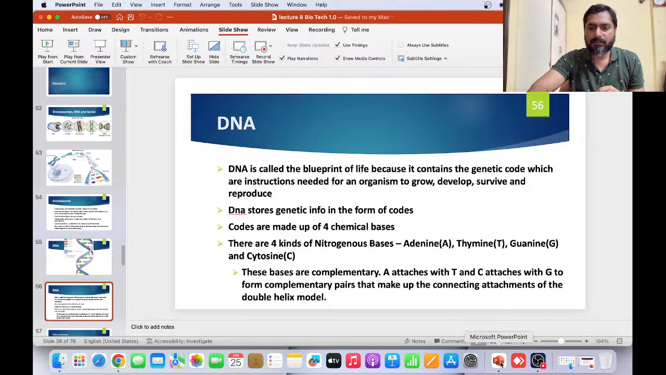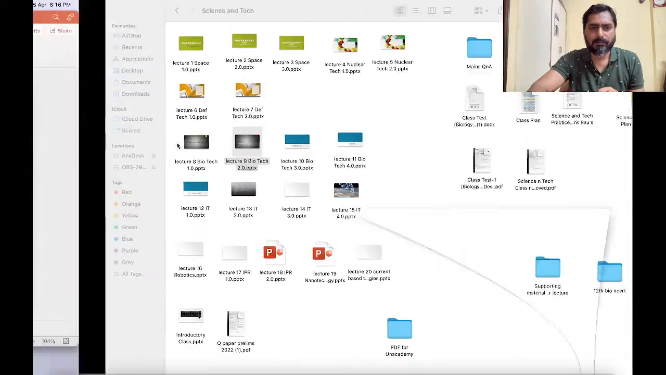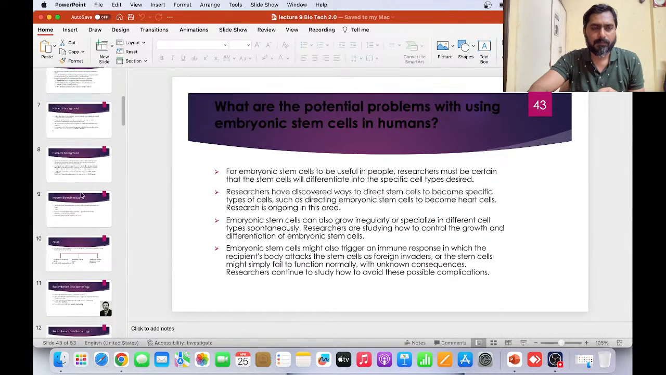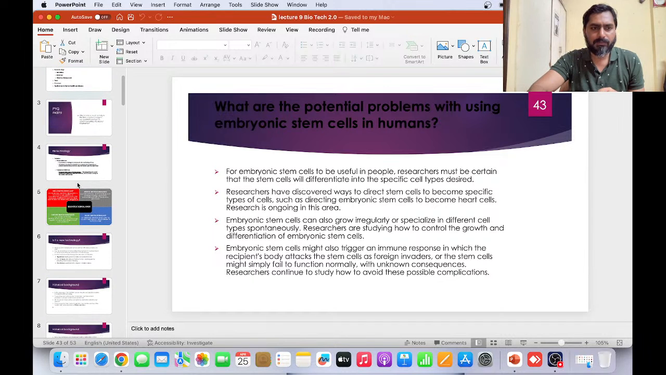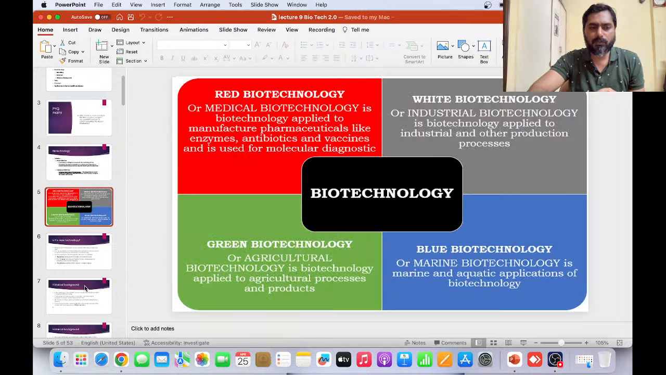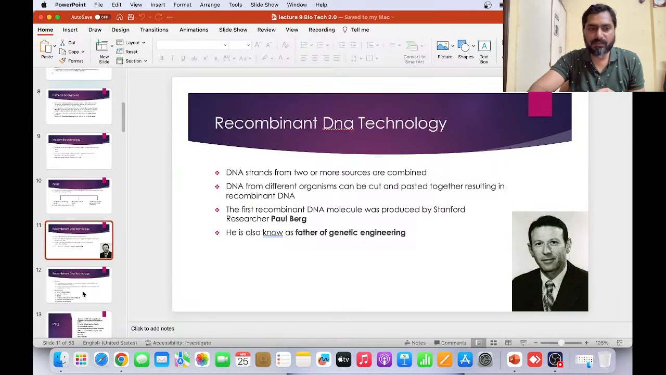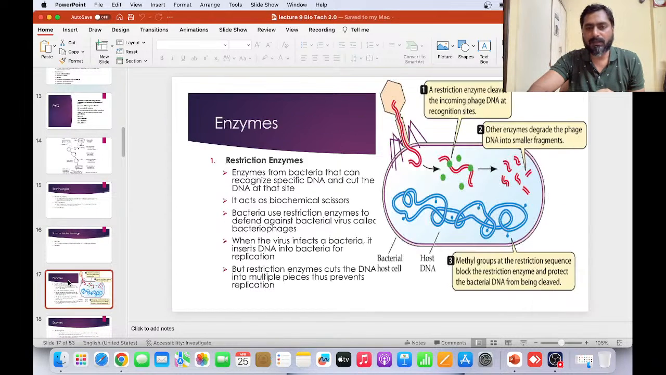So in order to understand gene editing, I'll just open the slide. In biotechnology, we need to understand what the tools in biotechnology are. How do we go about cutting these genes or DNA? For doing that, we need some enzymes. If we have to cut a DNA, we need some enzymes. If we have to join some part of the DNA, then we need some enzymes. So where do we get these enzymes from? We get these enzymes from